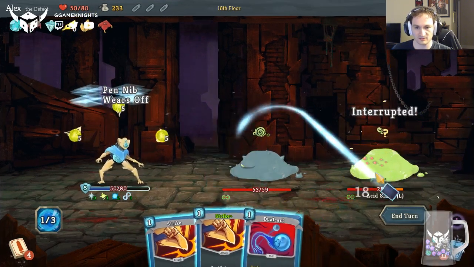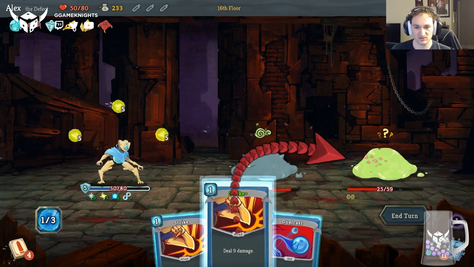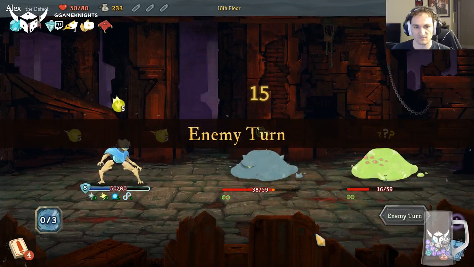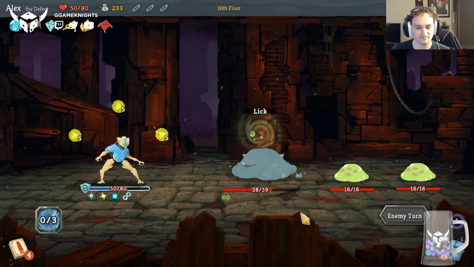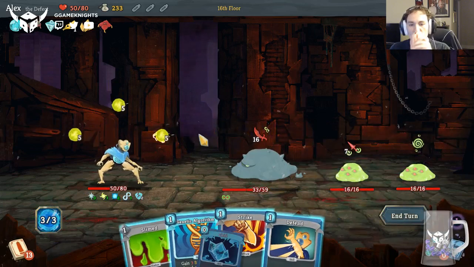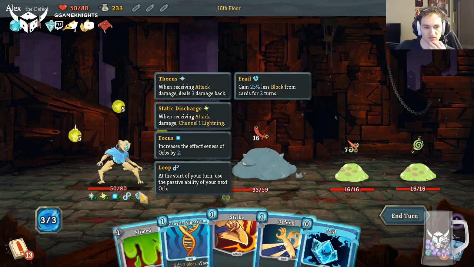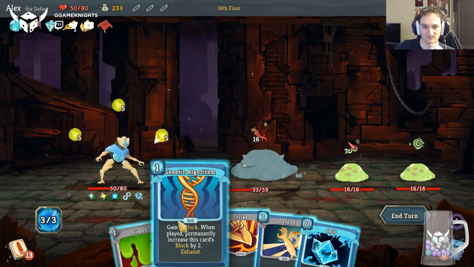attack him. So I did enough to get him below a half, so he's going to split, but let's go ahead and pile more damage on so that the smaller slimes will have less health. Okay, would have been nice if they had gotten him, but... Okay. This is interesting. So I'm frail, which means I'll get less block from this, but you know, I want